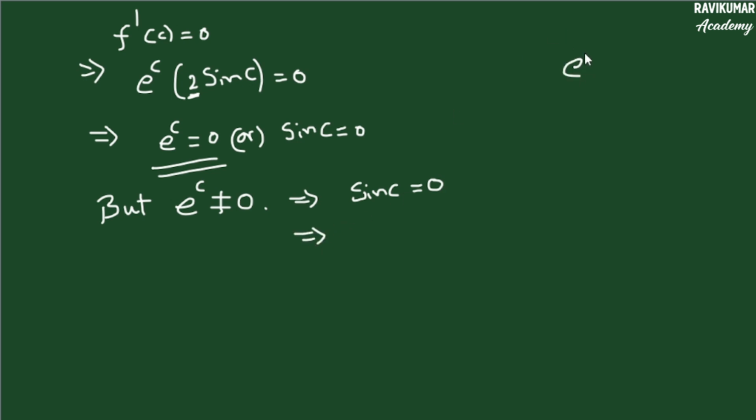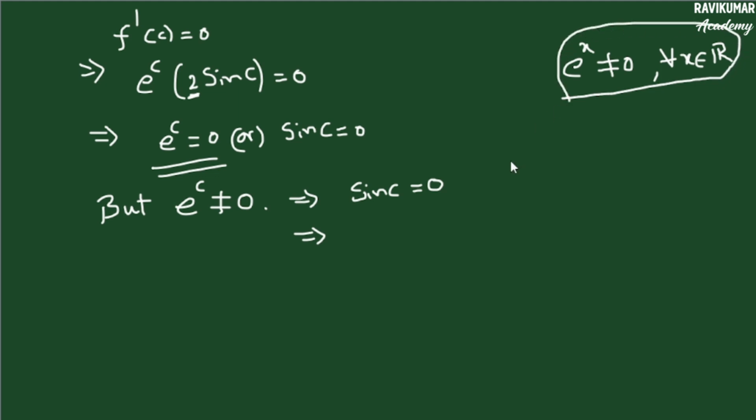So remember this, the exponential function is never 0. For any x in the real line, the exponential function is never 0. So that is why sin c must be equal to 0. This implies c must be n pi, where n belongs to Z. So n is any integer. So c equal to n pi means, but the thing is we must be able to find c in between